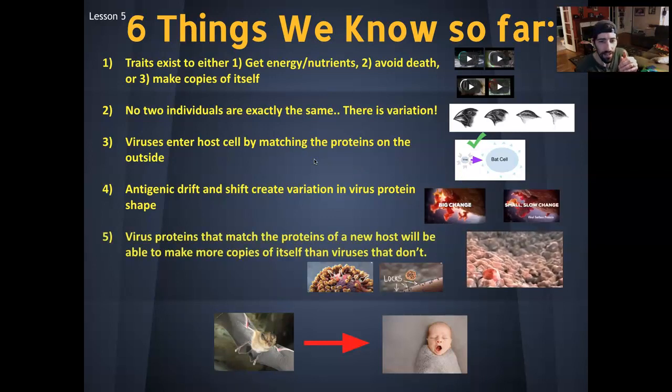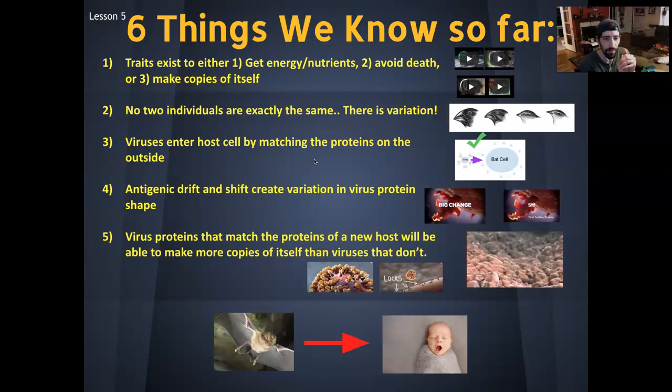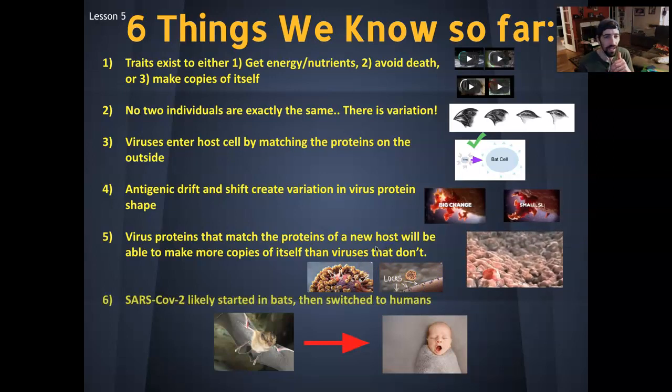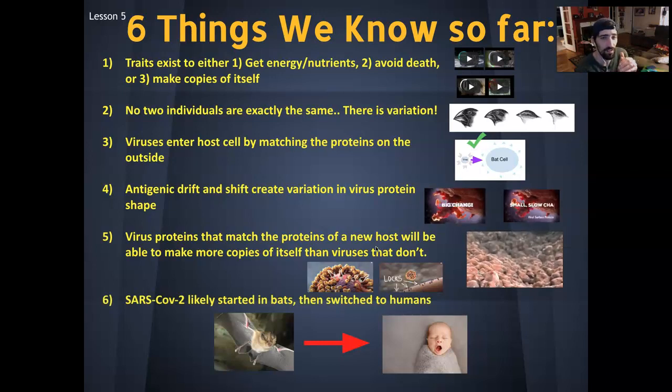virus proteins that match the proteins of a new host will be able to make more copies of itself faster than viruses that cannot. So what I mean by that is the better the match is between the proteins here on the outside of the virus to the proteins on the outside of the host, the faster they can replicate and the better they're going to be at making copies of themselves. Number 6, we also know from the last lesson that SARS-CoV-2, which is what we're dealing